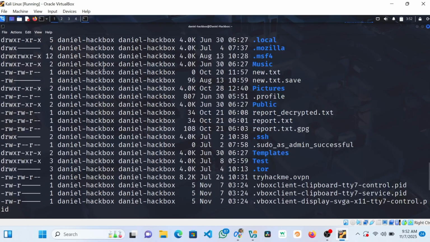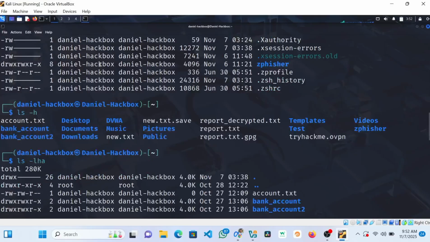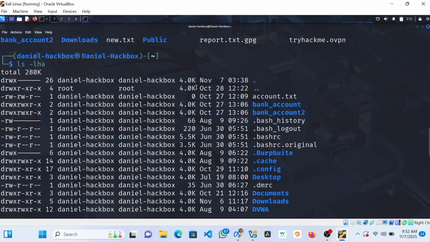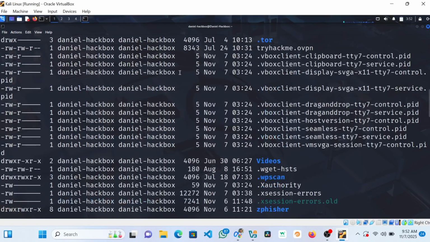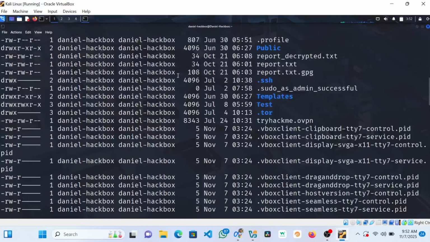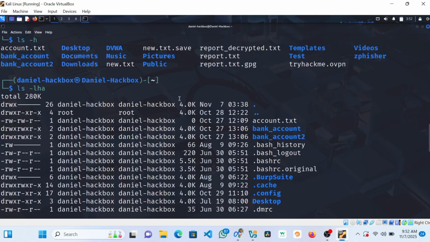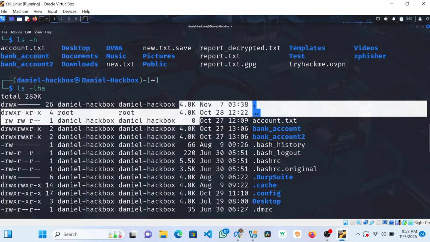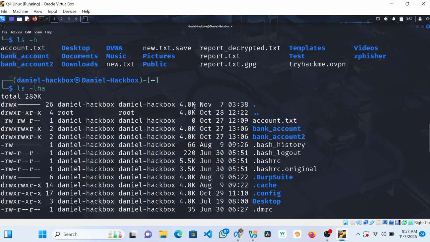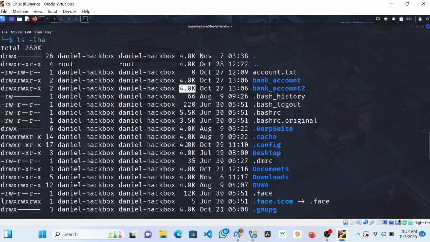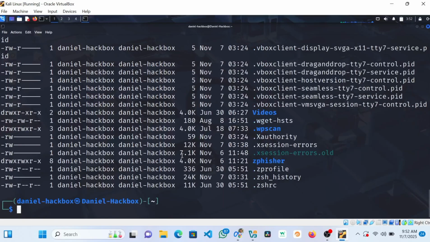Okay, so look at what happened here. We now have basically the file size. Look at it, 4.0 kilobytes. So we now kind of have the file size and the folder size. Okay, when we are outputting each of that file, that's kind of in human readable form because we